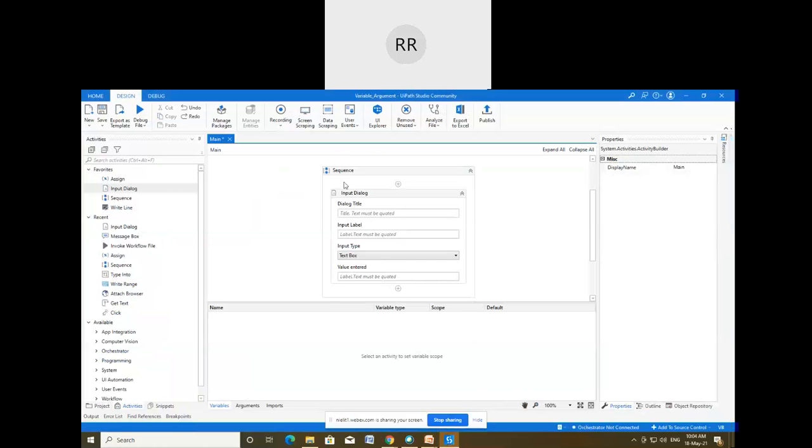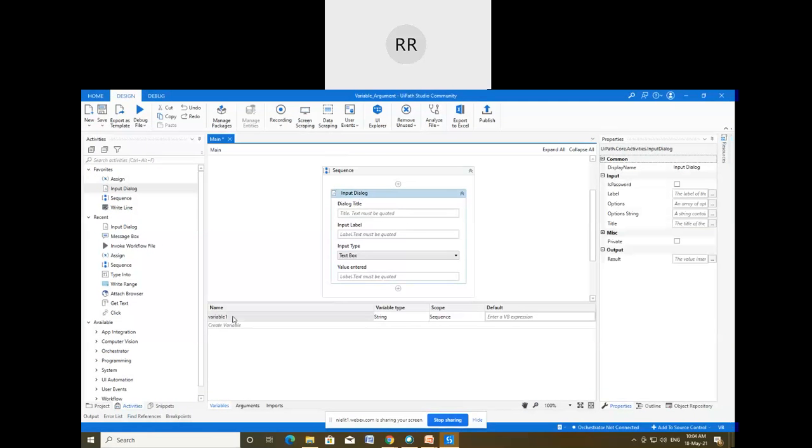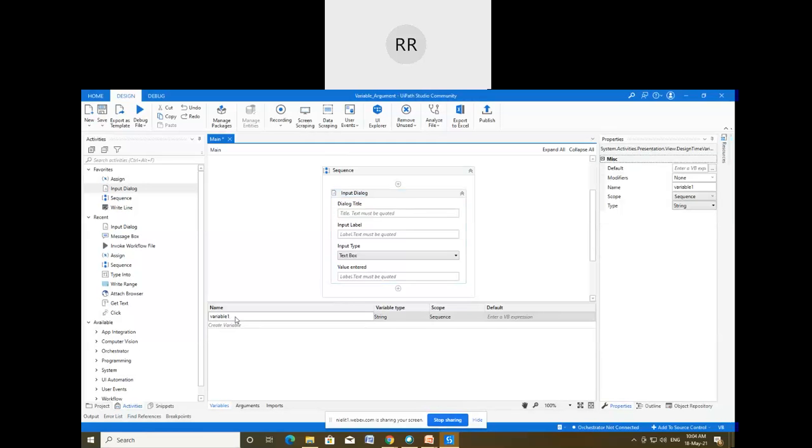So what I'm going to do is create a variable here. Suppose I create a variable starting with an integer, then we'll see what warning we get.